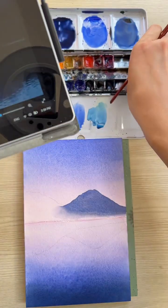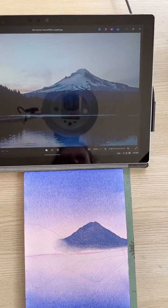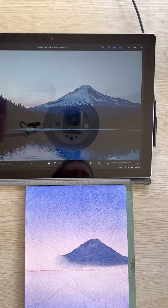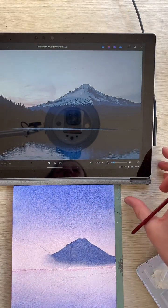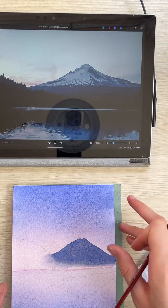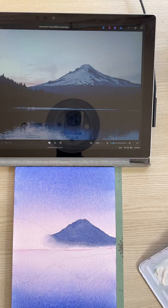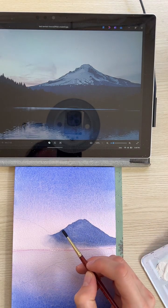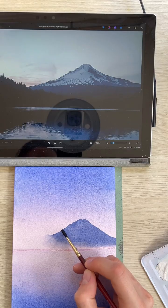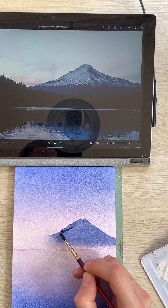So I'm going to try and put this here so that you can see it while we paint this section there. Okay. So there, you should be able to see both my painting and the reference photo. You should be able to get rid of the comments so you can see both. Okay, so I'm just going into that darker blue and using the point of my brush. I'm not loading up my brush too much with paint. I'm keeping a little bit of paint off of it. And I'm just gonna start adding the general shapes that I see. I'm not trying to copy it exactly, but